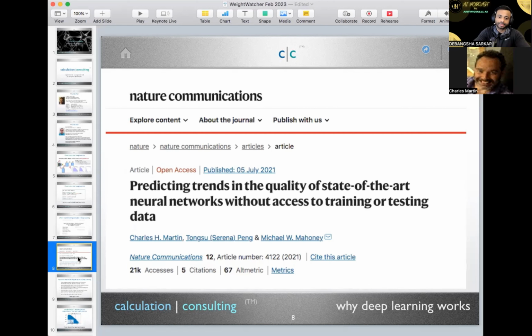So we submit to Nature. And actually, I was very happy. The reviewers in Nature were very, very good, very professional. But we were the first ones to do this sort of meta-analysis on pre-trained models. And at the time, when I started this research, there were maybe 50 pre-trained models in the world. There was no Hugging Face. Hugging Face didn't really exist.